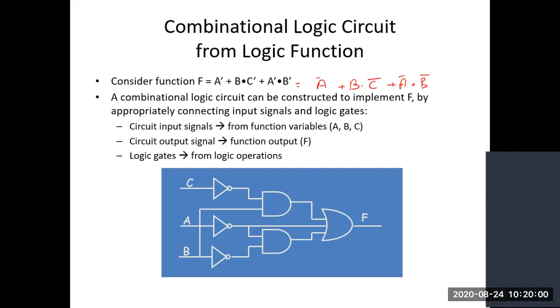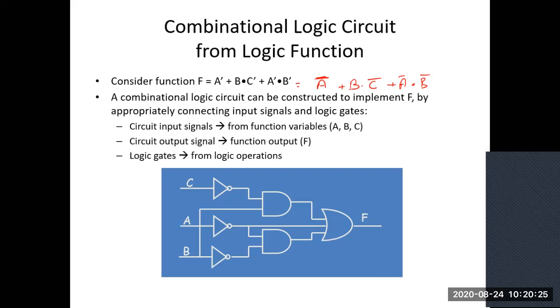Okay, and here it is A bar, C bar, B bar. So what you need to do, you need to take some NOT gates: one NOT gate for conversion of A into A bar, one NOT gate for conversion of C into C bar, and one NOT gate for conversion of B into B bar. Then you need to place your combination in such a way.